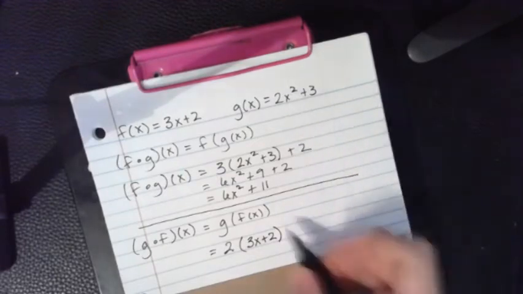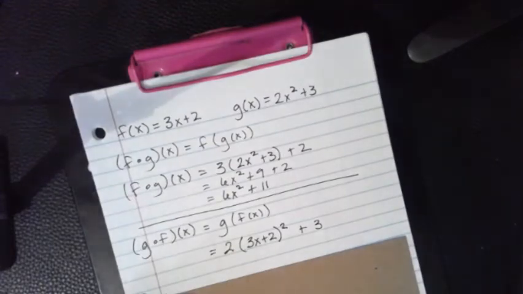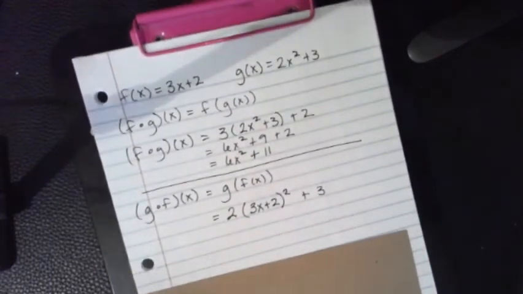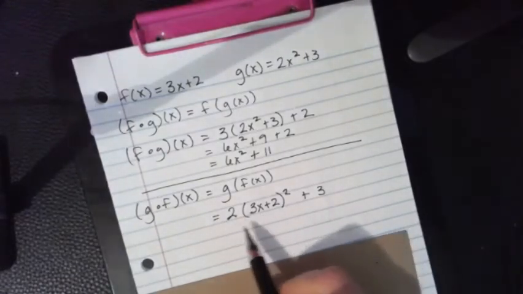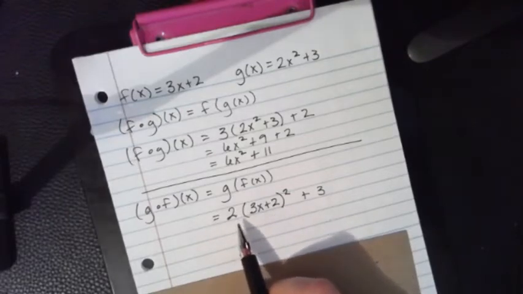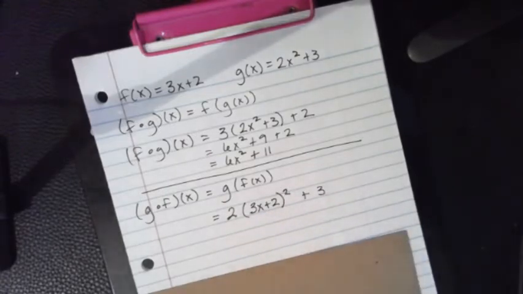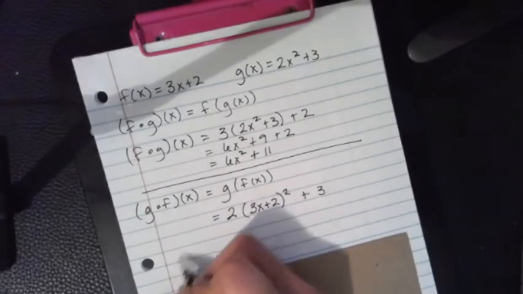That was squared, so this needs to be squared, and I've got plus 3. Now, we do want to simplify this as much as possible, so we need to FOIL out our parentheses, then we can distribute our 2, and then finally, after all that's done, we'll add 3 in. Okay? So my side work here,